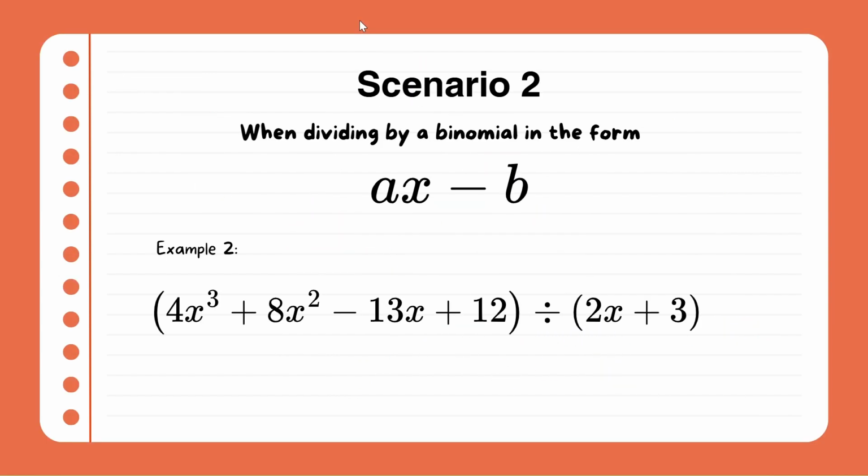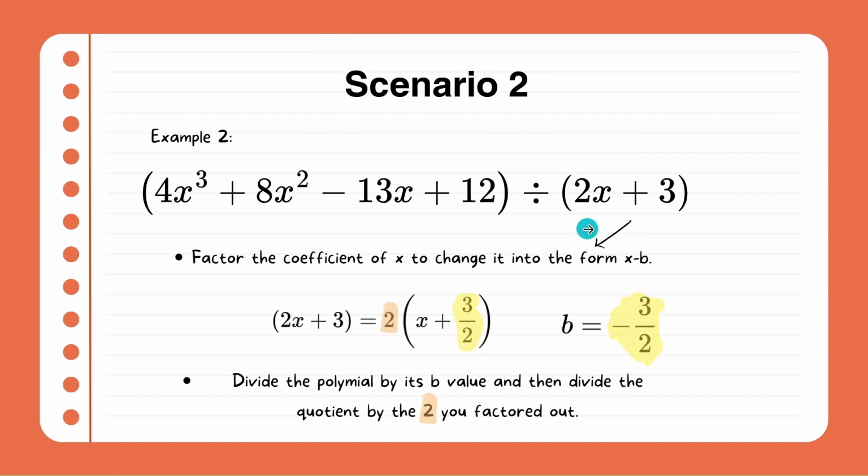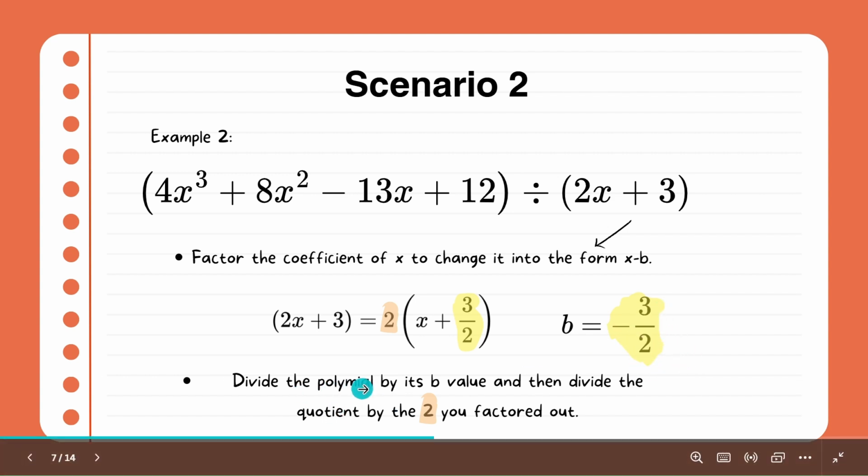The second scenario is when we're dividing by a binomial in the form ax minus b. We first need to factor the coefficient of x to change this into the form x minus b. So when we factor, we get this, and then we get a value of b of negative 3 over 2. After that, we then have to divide the polynomial by its b value, and then divide the quotient by the